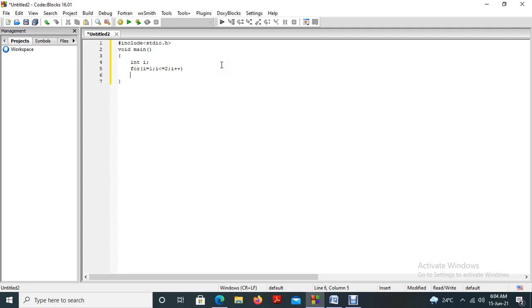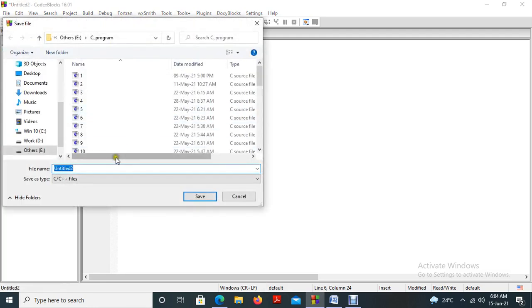I just want to print what's happening here. printf percentage d comma I. So I'm printing the value. Save.